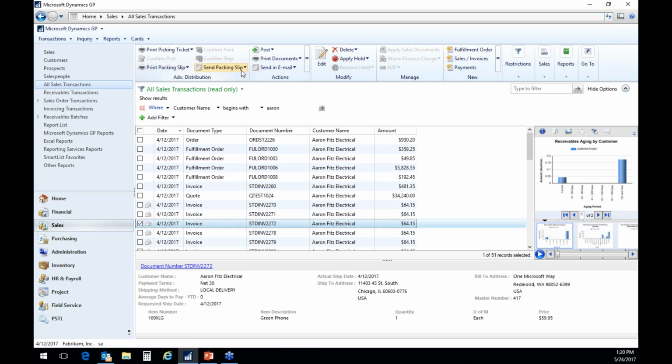And so I can send documents, I could print documents, I could send the invoice out in email, I could post the invoice, I could print things out, I could mass transfer orders into back orders or invoices or quotes to orders or whatever it might be, and deal with holds and so on. And so this becomes now the action pane, where once we make a selection below, we can take action on